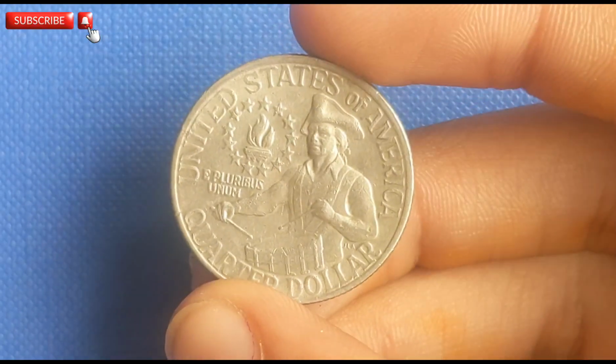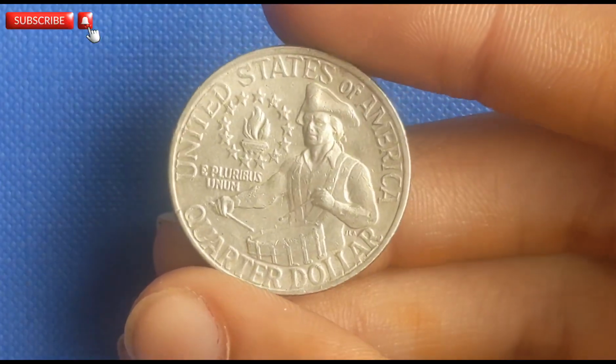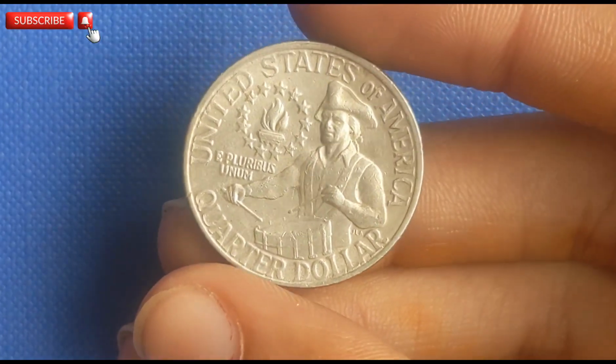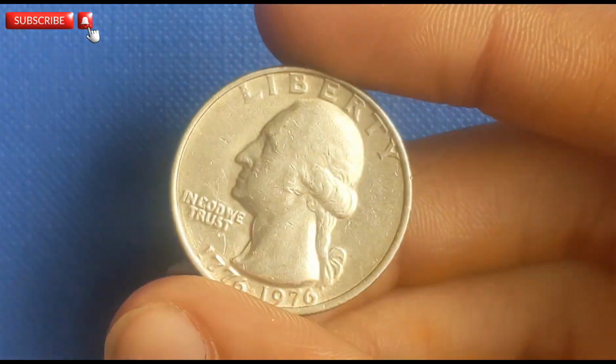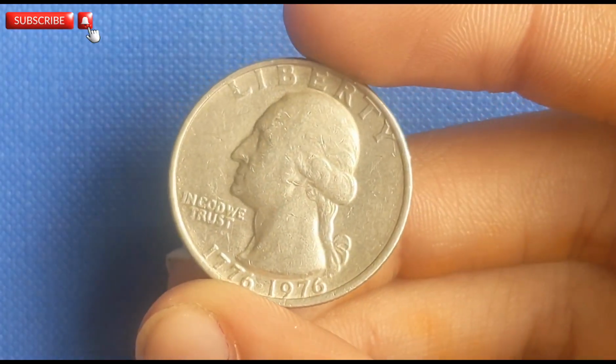It's this thrill of the hunt that keeps numismatics alive and well. So next time you come across a 1776 to 1976 quarter, take a closer look. Who knows? You might just be holding a small but significant piece of history worth far more than its face